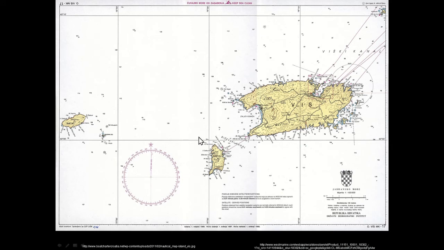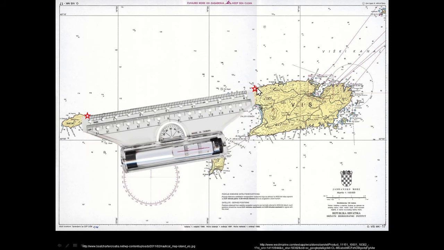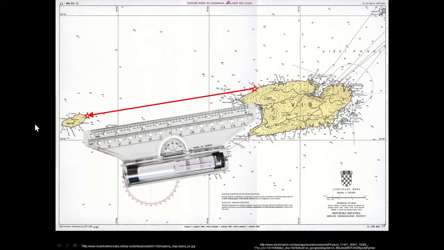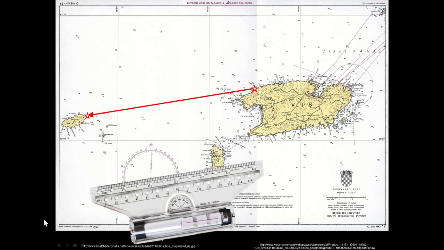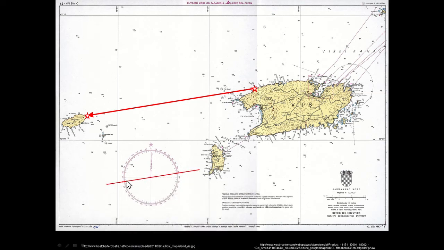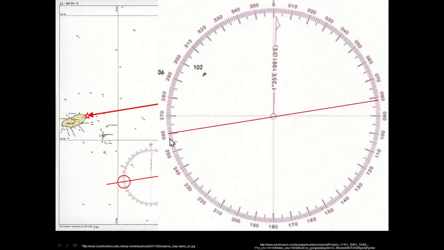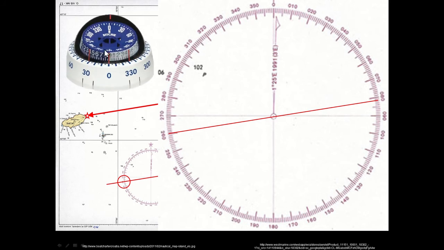Let's say that you are sailing and you want to sail from here to over there, and it's cloudy and you can't quite see where you're going, so you want to know what heading to take. So you take your parallel ruler and draw a line right on the map, use a pencil, and then just roll that thing straight backwards like that over the compass rose, centering right there, draw your line, pull that away, and look at the heading right there. So if that heading is 260 degrees, you just orient your boat so that it's pointing at 260 degrees,